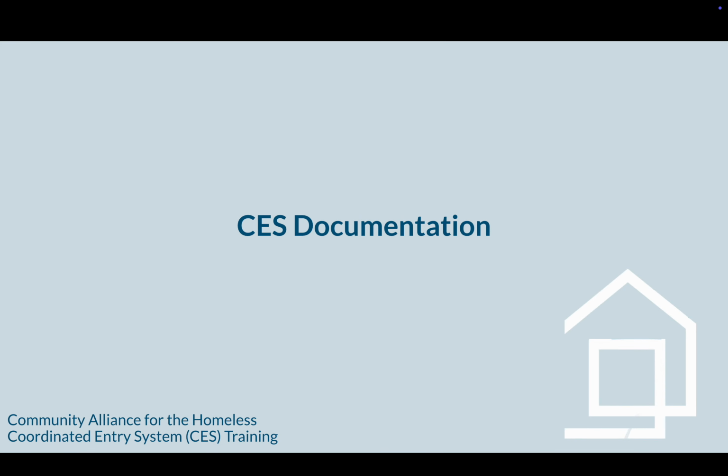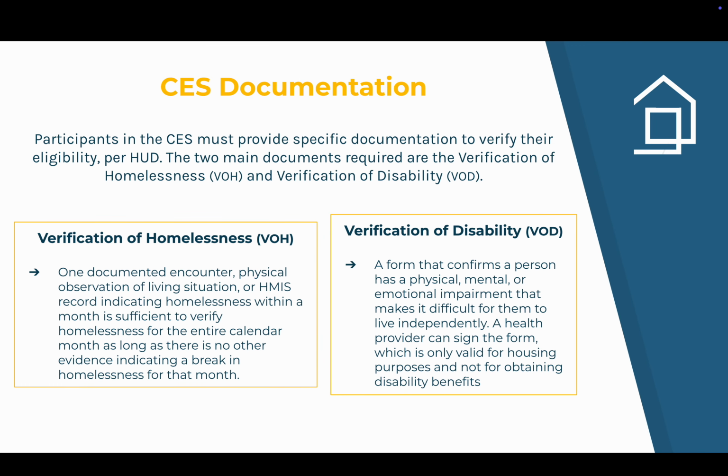Now let's move on to the documentation portion. Participants in the CES must provide specific documentation to verify their eligibility per HUD. The two main documentations required are the verification of homelessness and verification of disability. A VOH can be one documented encounter, physical observation of living situation, or HMIS record indicating homelessness within a month